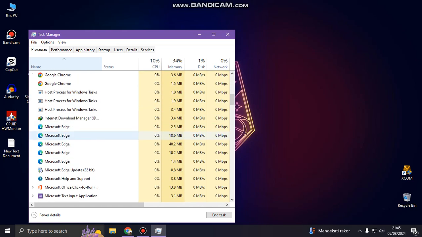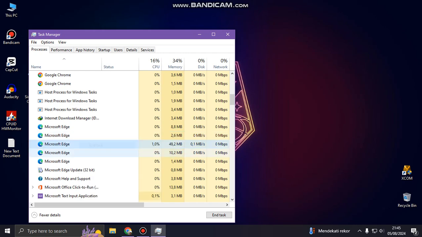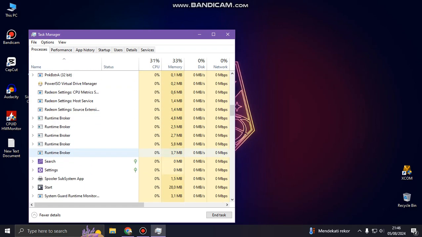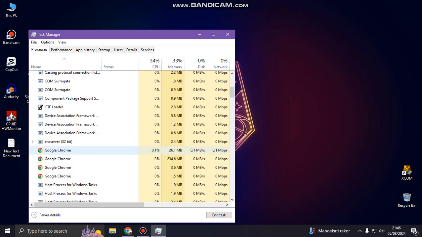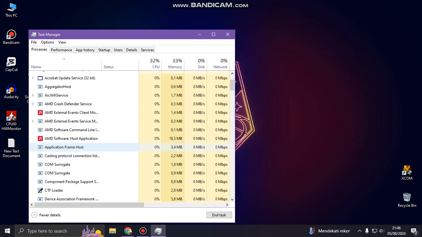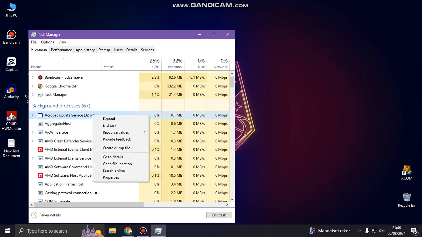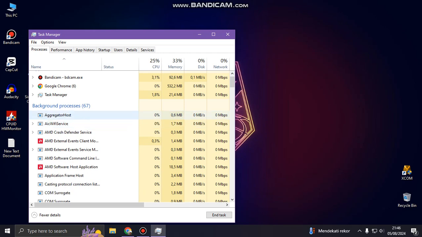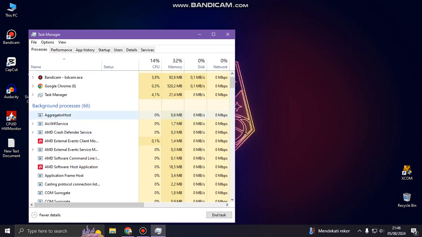And also, for example, I don't need Microsoft Edge. You can end the task here and try to find another application that you don't need to run. For example, Acrobat Update Service. I don't need it. You can end task. So after you free up some space on your CPU,